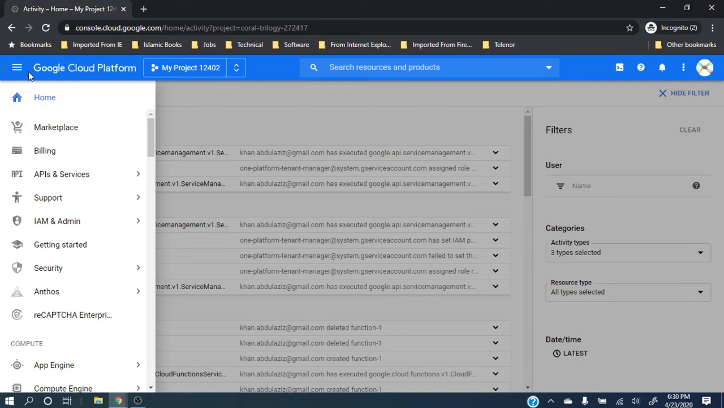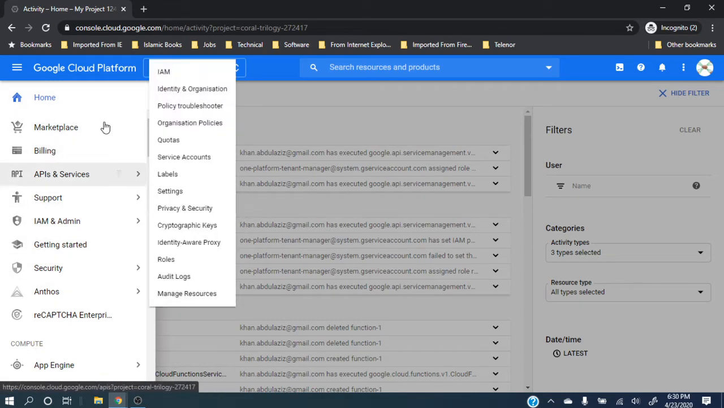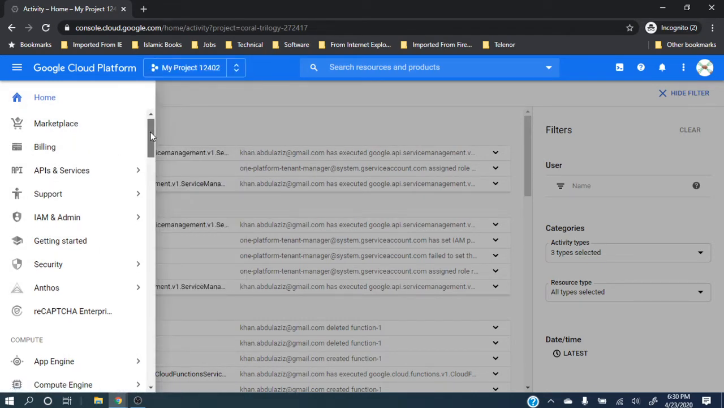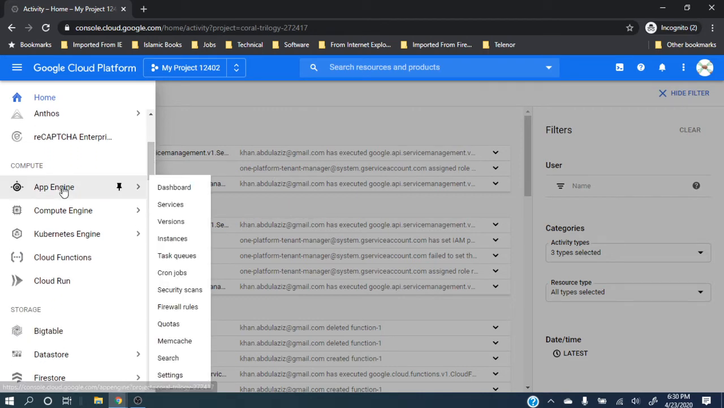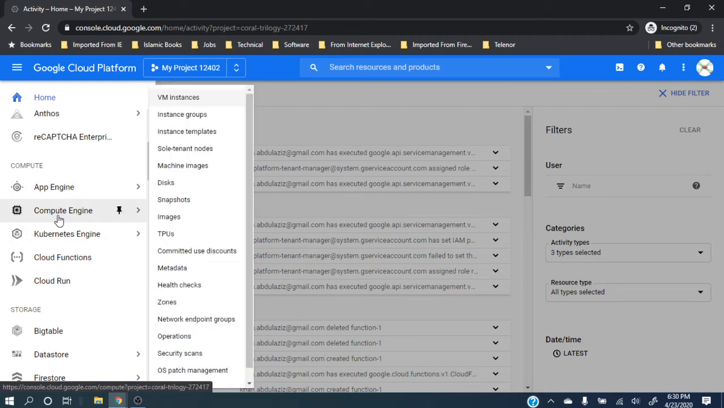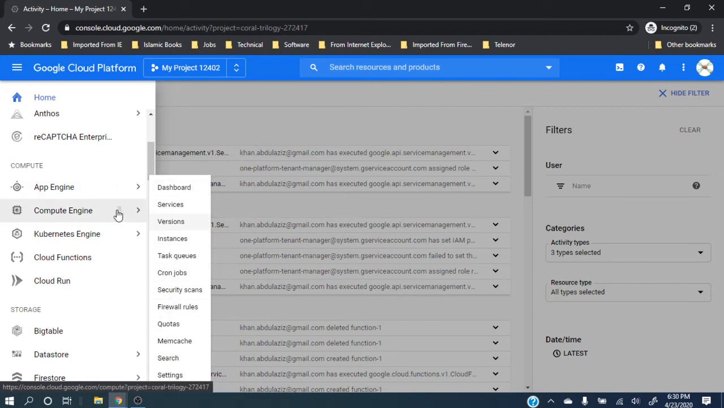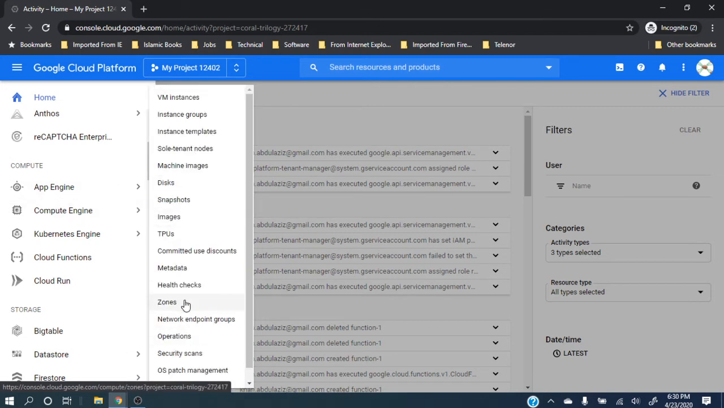The first level was your navigation menu. Then these things are all segregated in different categories. And when you go into categories, you can directly go to some specific window. For example, if you want to go into Compute Engine and directly go to the health checks or to the zones, you can directly go from here. So it will not be like